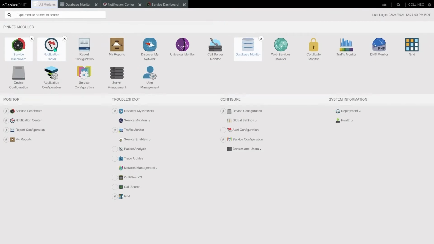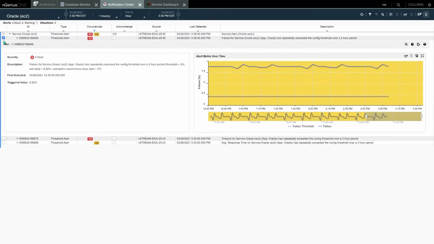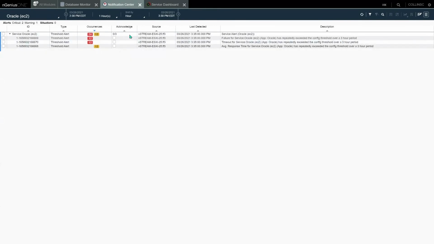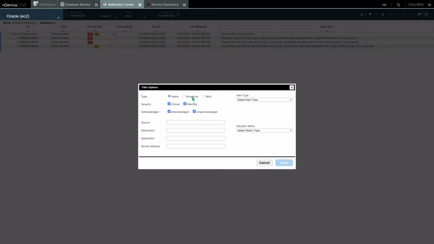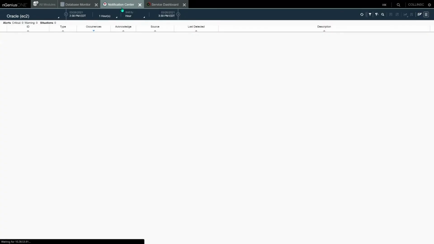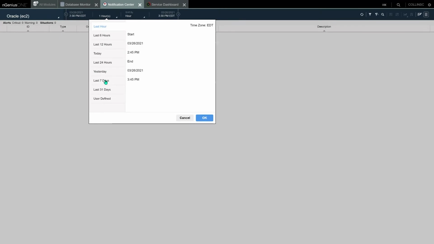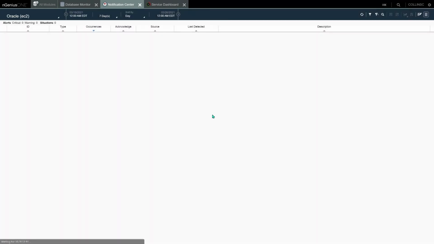So we, in the notification center, you'll see we have lots of things going on, but we also can do things that change. So we will go to situations and pull that up, and we'll look for the last 7 days. It's good news, nothing changed. Great, we're running stable, clean and ready, as we used to say in the Navy.